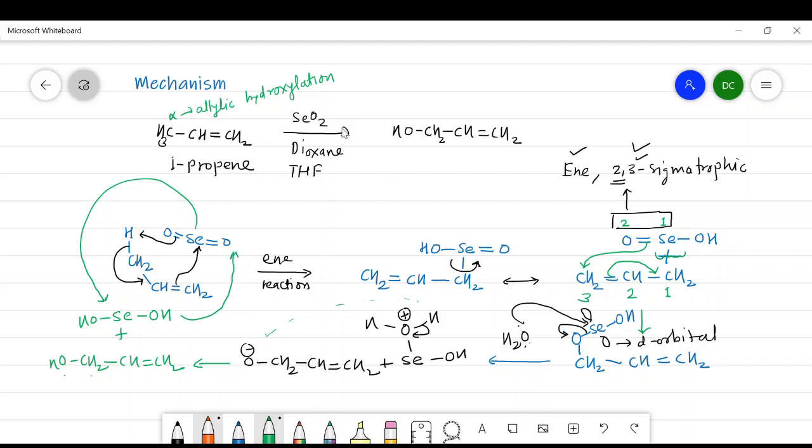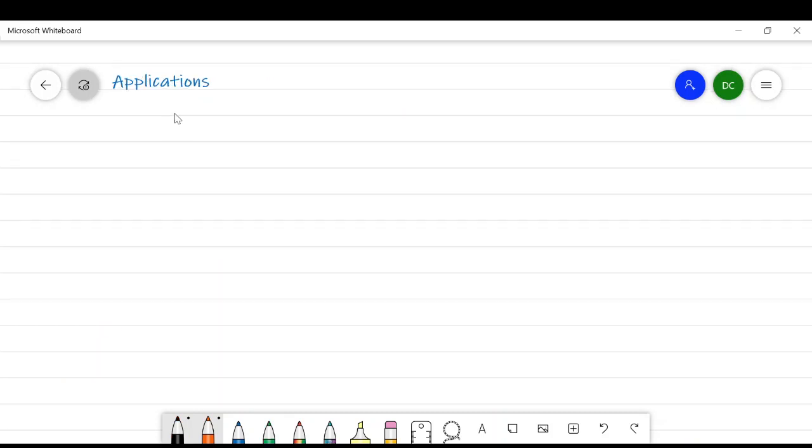For that purpose, along with this SeO2, one has to use a peroxide, H2O2 or tertiary butyl peroxide, which will convert this selenium dihydroxide into SeO2. In this way, one propene can be converted into one propenol. Being an oxidizing agent,